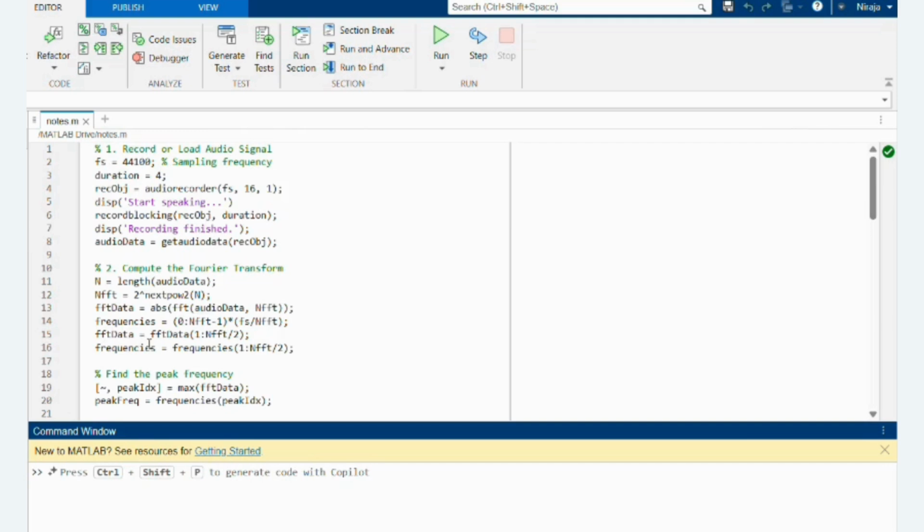FFT data equal to FFT data of 1 is to nFFT by 2 obtains the magnitude spectrum. The magnitude spectrum of a real valued signal is symmetric. This line discards the redundant second half of the spectrum from Fs by 2 to Fs. Frequencies equal to frequencies of 1 is to nFFT by 2 truncates the frequencies vector to match the shortened FFT data vector, so it now ranges from 0 Hz to just below a sampling frequency by 2, that is the Nyquist